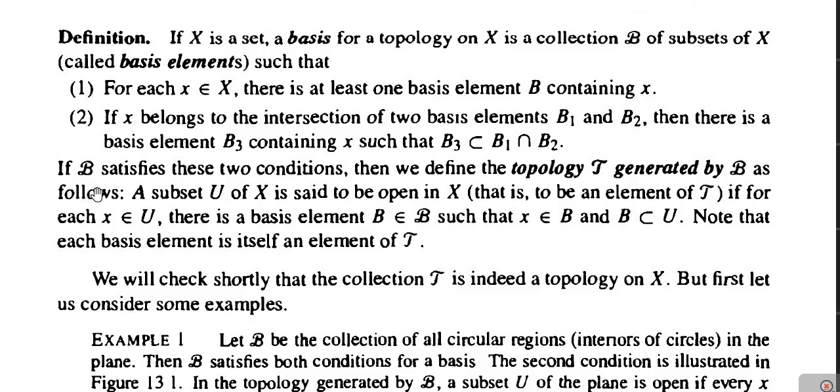Next one, if script B is a collection of subsets of X which satisfies these two conditions, then we will define the topology tau generated by script B as follows.